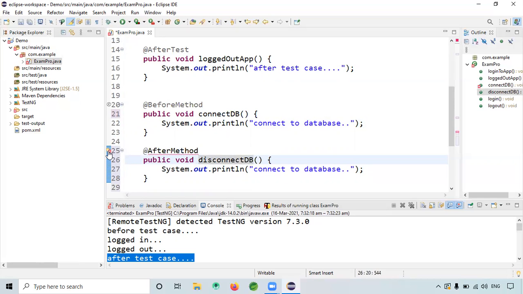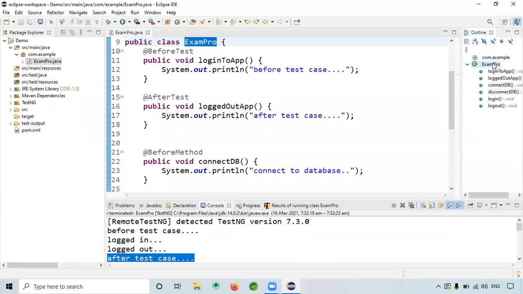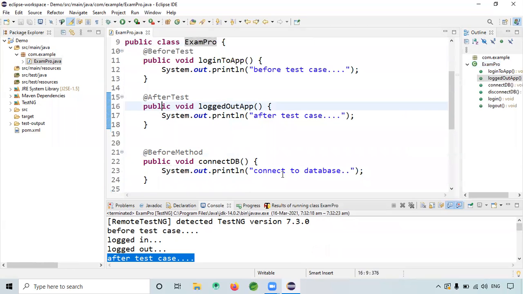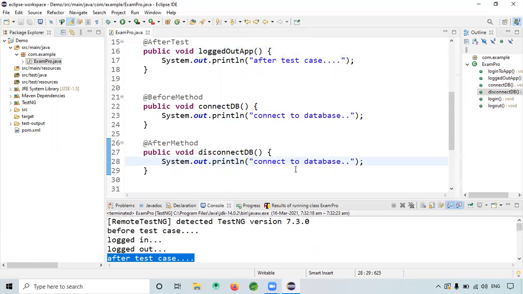Okay, this is after method. So when I run this program, yes, I put the same message for connect and disconnect. Sorry, so this is disconnect and connect. Now let's see what will happen.